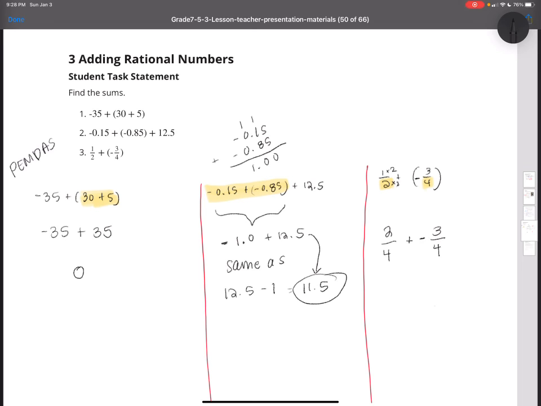At this point, we know that the denominator is going to be 4, so we really want to focus on adding those numerators. Just like the previous expression, anytime the numbers have different signs, you want to subtract them like you would subtracting two positive numbers. So 3 minus 2 is 1, but being that 3 is the furthest away from 0,